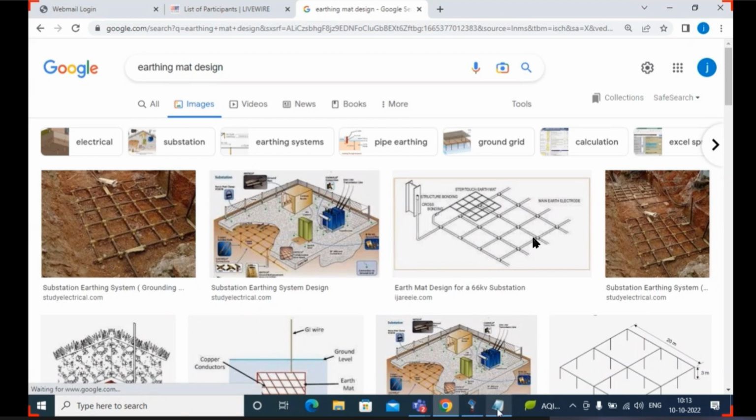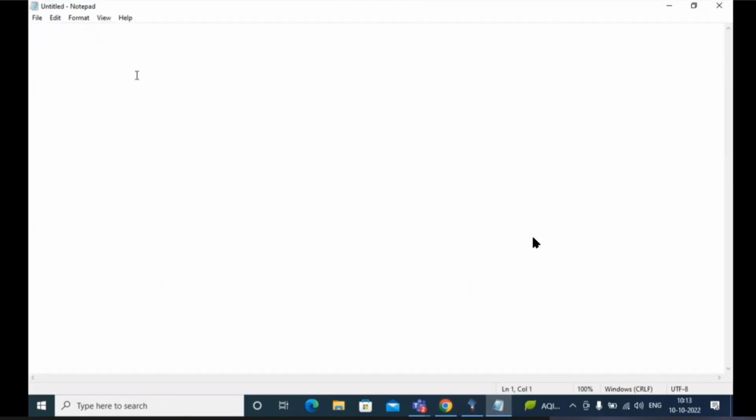They provide it in different manners. Earthing can be provided as a mat, and some professionals call it an earth mat. Under earthing, one more type is the pit type, and then the rod type. Like that we have many types.